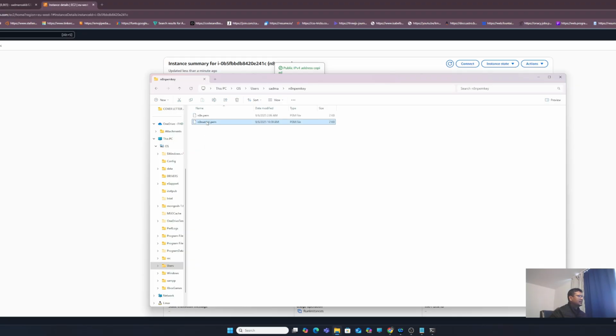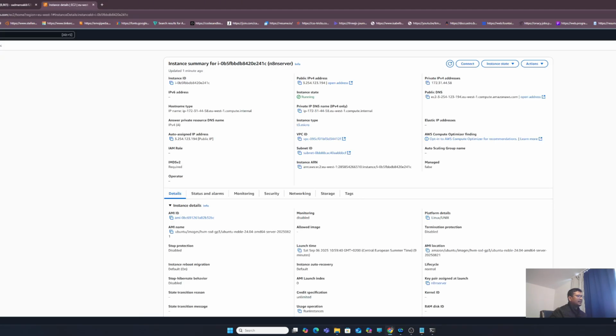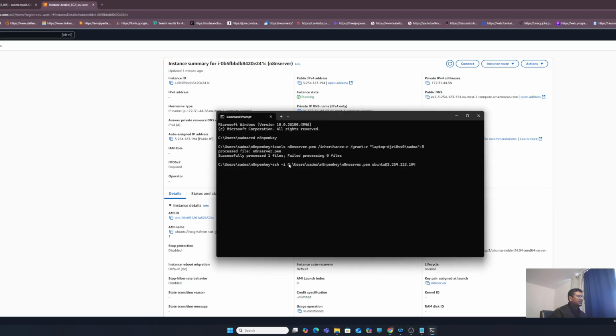So you can get the location like this. If you right click it and select copy as path, then you can get the location, and you have to paste it here in this way, and you have to write ssh -i and then the location of the .pem file, and then the username of your Ubuntu, and then the public IP address that you get from AWS. That's it. And if I press enter now,